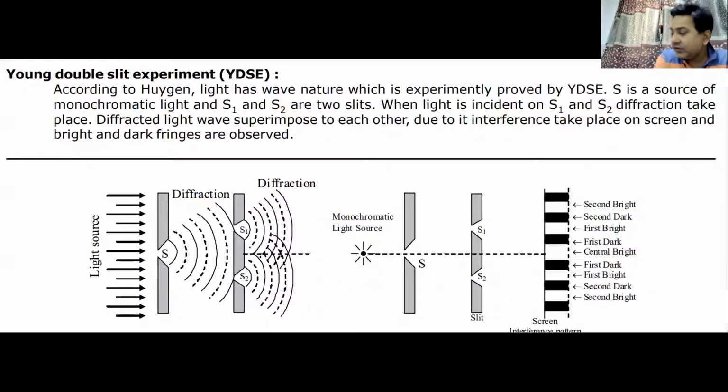So we have seen what coherent sources and non-coherent sources are. We have also seen that a coherent source can only be produced from a single source. There are two ways of producing coherent sources: one is by division of wavefront and the other is by division of amplitude. Now, what you're going to see on the next screen